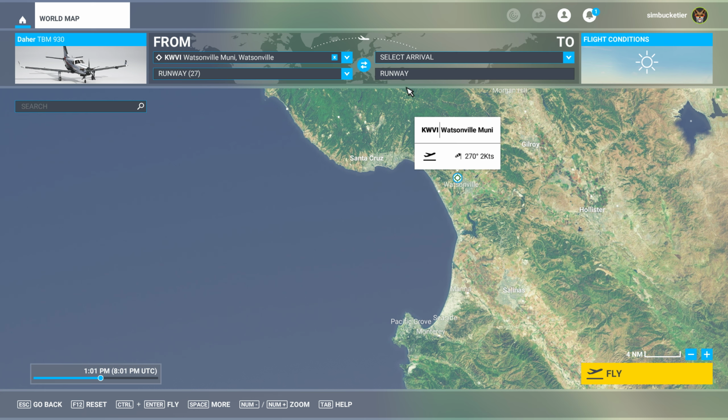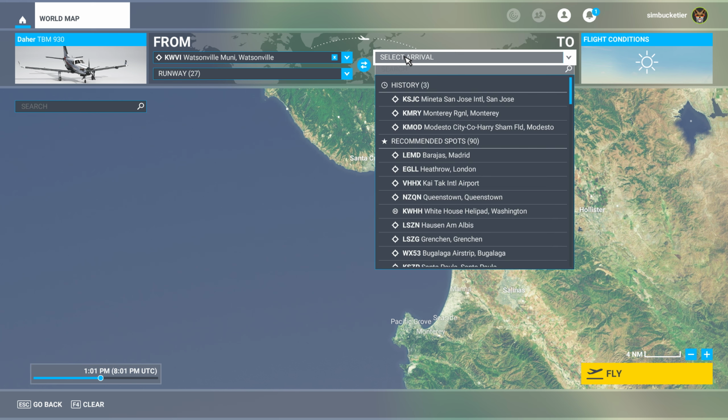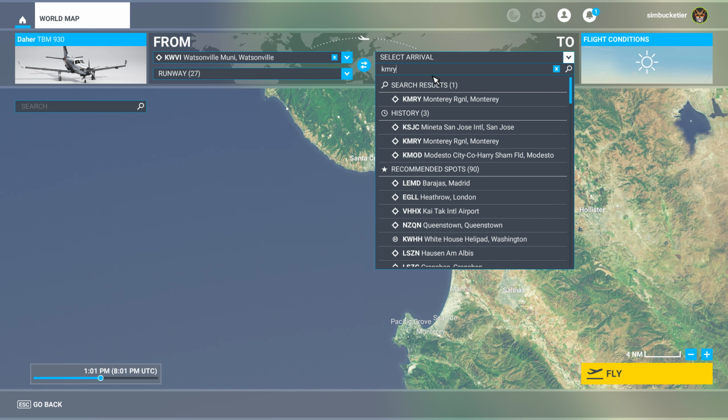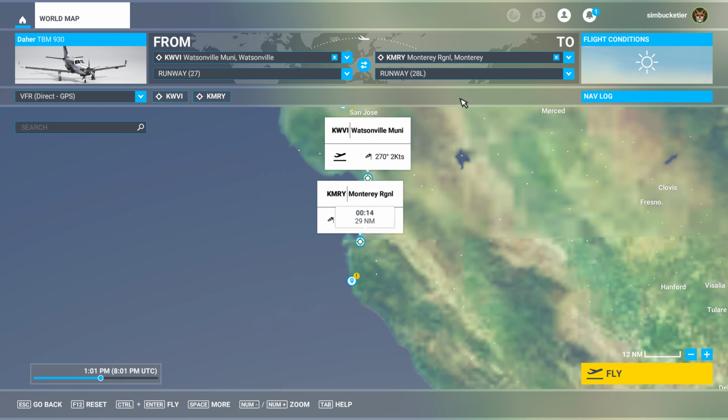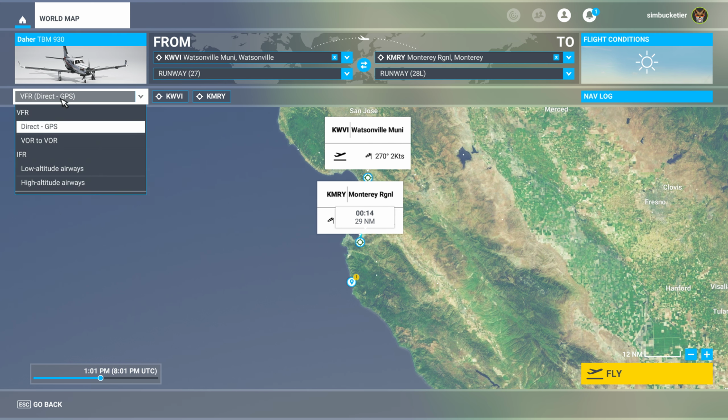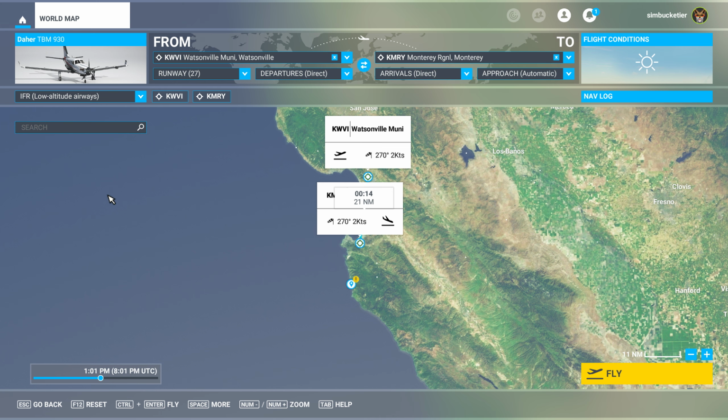I could click it down here, but I know the Monterey number, the letters, and that's KMRY. KMRY is the Monterey code. There's the Monterey Regional Airport. Click that, and there'll be a little straight line that'll go down. Now I'm going to go over here and call for low altitude airways. And then the only thing is, on the approach, you have to